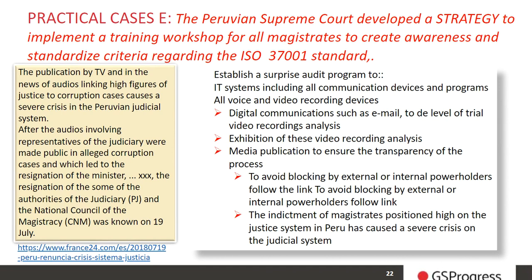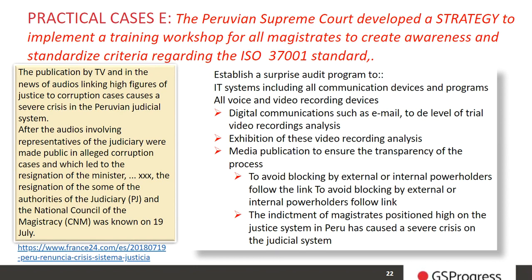So we analyzed with tracking videos, with tracking emails. We got into the bank accounts of all the people that were involved here, and right now they are starting the process of recovering a lot of money. So that's why, as I say, media publication to ensure the transparency of the process,